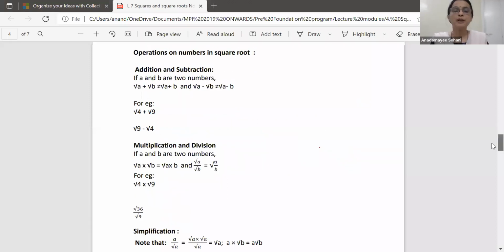Very importantly, we need to understand that the sum of square roots is not the square root of the sum. What is root 4 plus root 9? Root 4,